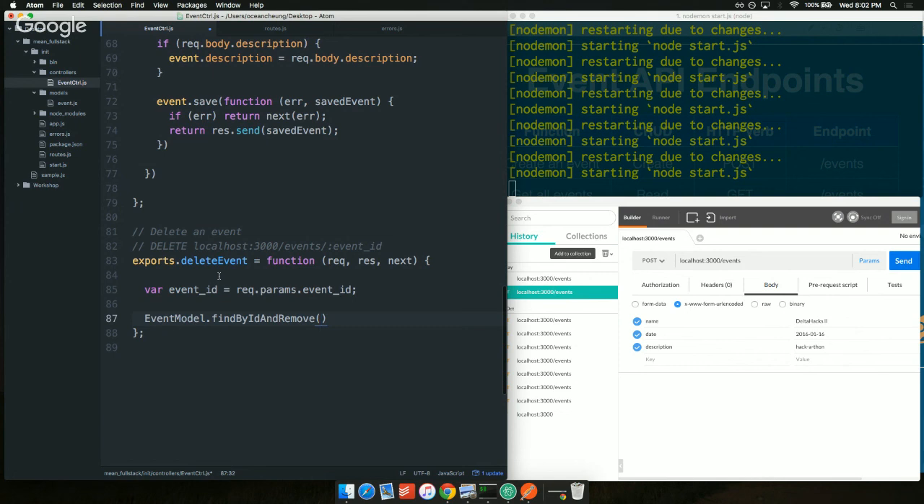We're going to pass in the event ID. We have to tell it what we're looking for. And we're going to do function, error. And one thing you'll notice is we're only giving it the error for the function. We're only expecting an error back, because if they deleted the model, then you can't return anything. So let's say if error, return next error, otherwise return response.send, and we're just going to